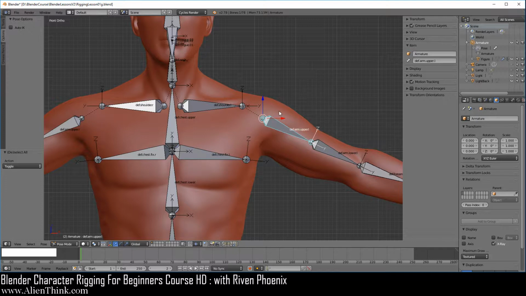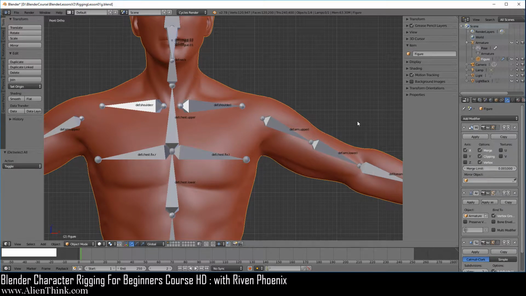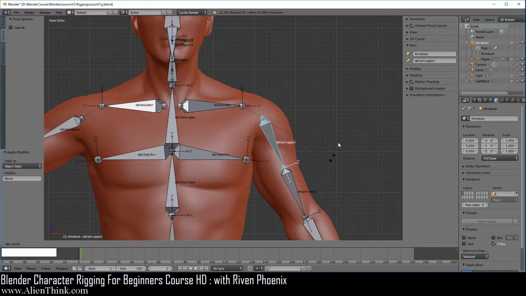Now, if we think about this, if we click on this figure, what would happen if we go ahead and apply the mirror modifier? Meaning that we don't want Blender to mathematically calculate the right view all the time when we are rotating the bone over here. Go ahead and actually make sure that you have the figure selected and you are in object mode, and go ahead and apply the mirror modifier. Now we're going to click on this and press the R key. You can see that over here it's still jerky, right?